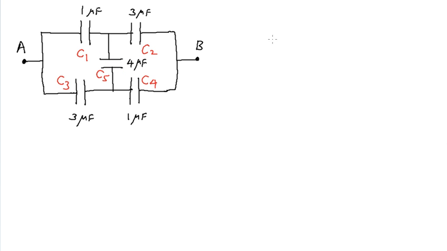However, if you think for a moment, you will realize that this is not the case. For this particular Wheatstone bridge to be balanced, the condition to be met is C1 divided by C2 equals C3 divided by C4. Now this is definitely not the case, because C1 by C2 is 1 by 3, whereas C3 by C4 is 3 by 1. They are unequal, and hence the Wheatstone bridge is definitely not balanced.